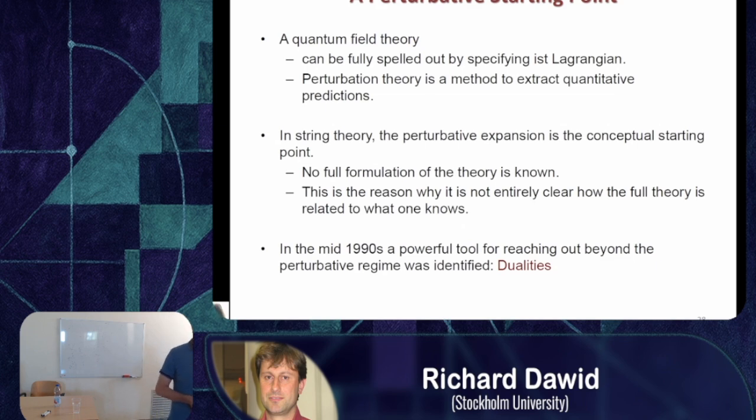And there is a canonical understanding that suggests that what is known about the theory at this point, and this is the perturbative entry point plus the dualities we will be talking about in a moment, specifies the full theory in an unequivocal way. So the idea is that everything that needs to be said to point at a specific theory has been said already, but it's not fully understood how the things play out. So on that understanding, string theory is a specific theory, and the problem just is to understand what